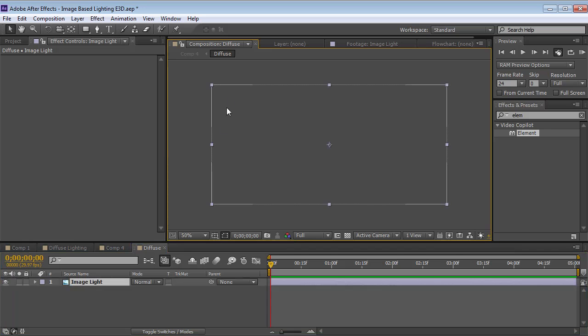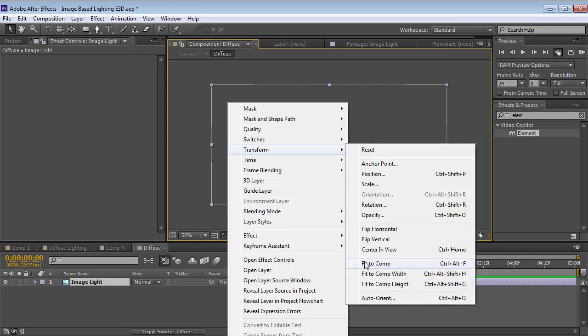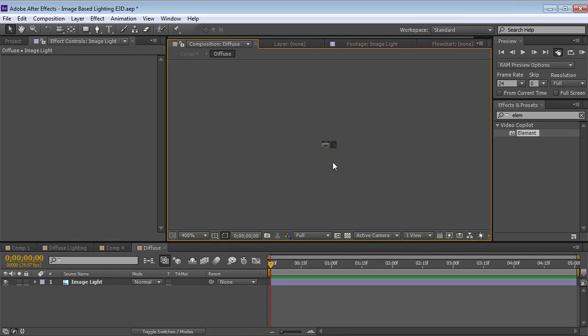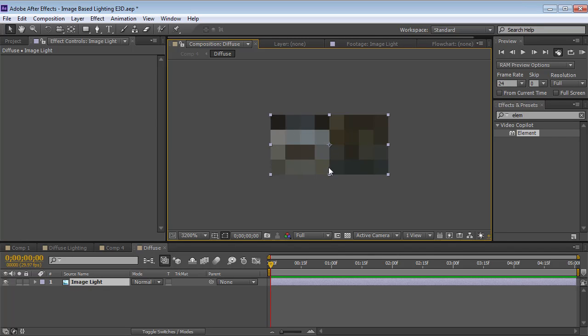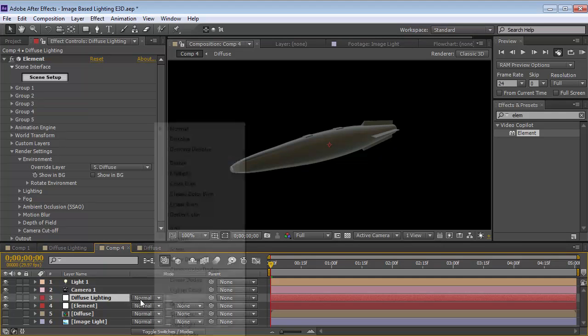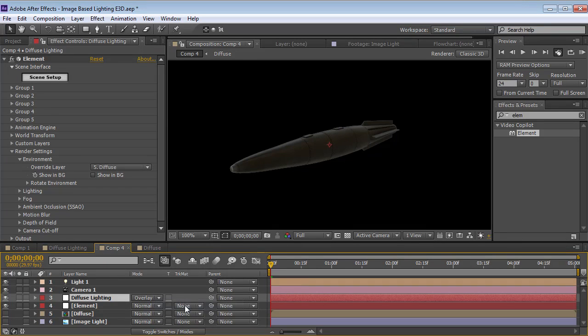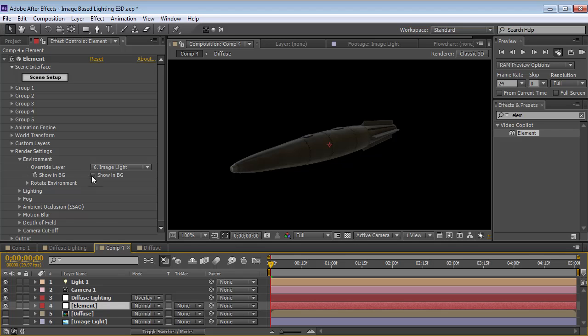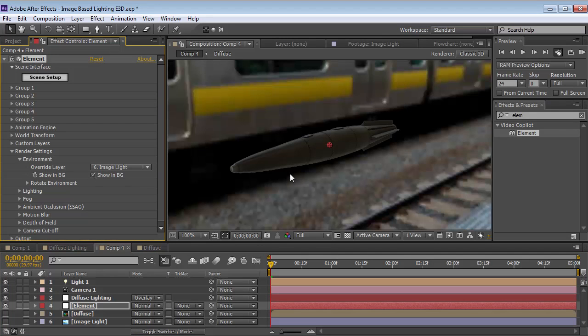But I want to take the image, right click, transform, fit to comp. So I've resized it down to 8 by 4 pixels, really small. And that's going to actually now be part of the reflection map. So instead of being really crisp and shiny, now it's soft and diffused, which works perfectly for our diffused lighting. So we're going to set the transfer mode to overlay. And so now if we turn the show background on, the background copy, we have some lighting that starts to